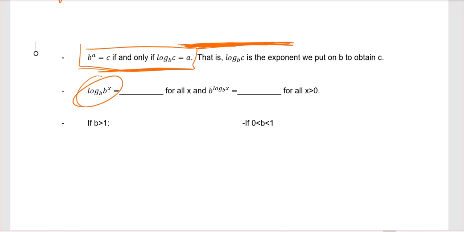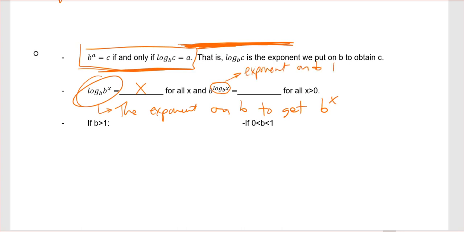This is the exponent that we raise b to, to get b to the x, right? Well, what exponent are you going to put on b if you want to get b to the x power? Well, isn't that just x? And then this, that's the exponent